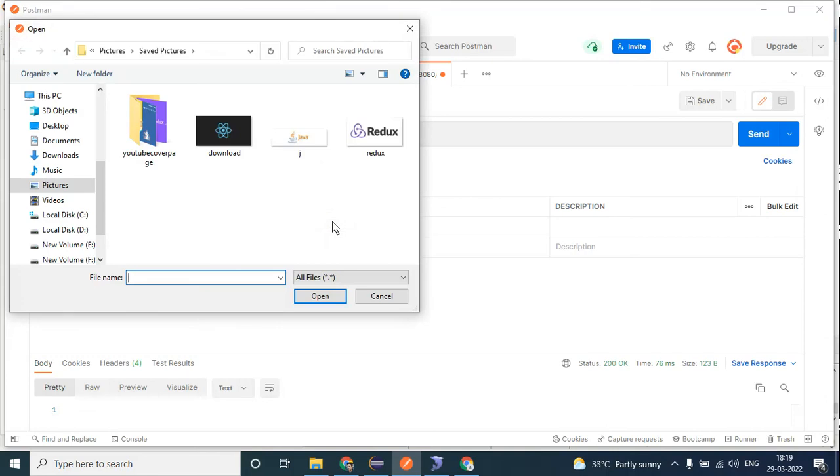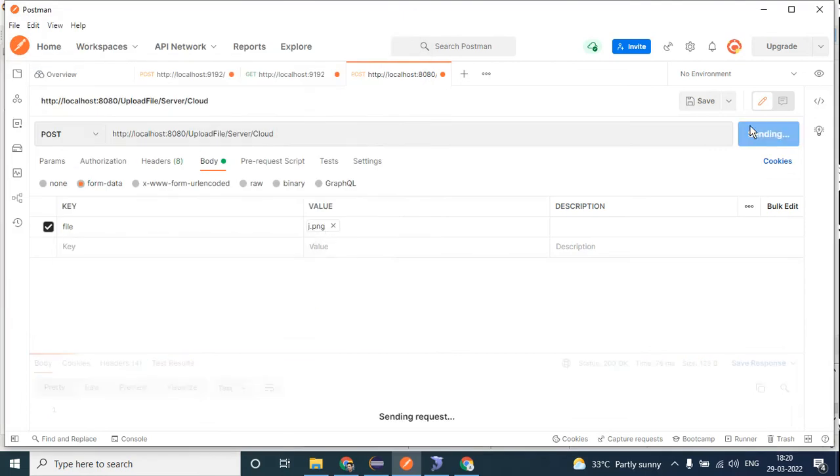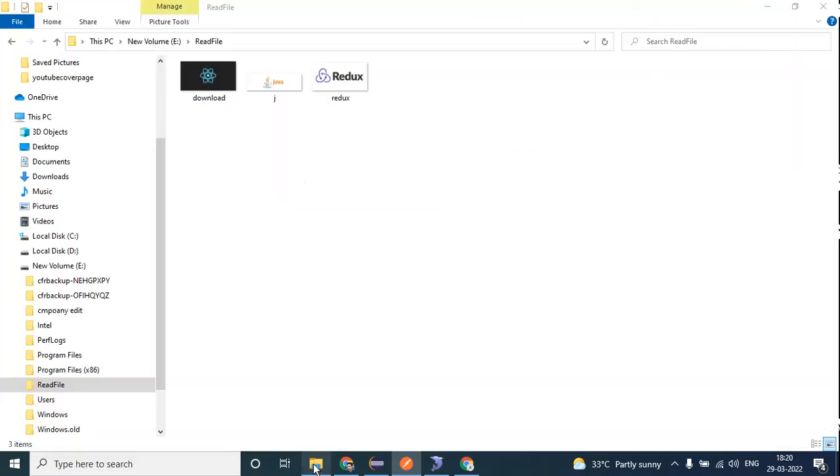Select Java, I mean you can select whatever file. I'm selecting an image. You can select a particular document. I'll click open. Now it has been taken here. I'll click send. 200 success. Okay. So if you go to this read file now, you can see Java has been added. So this is how you check uploading a file using Postman.